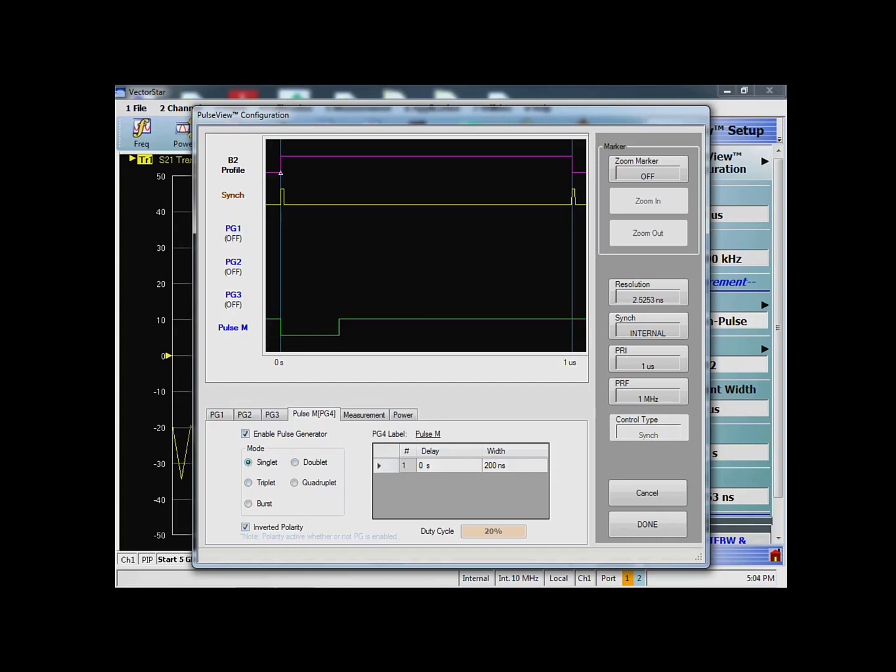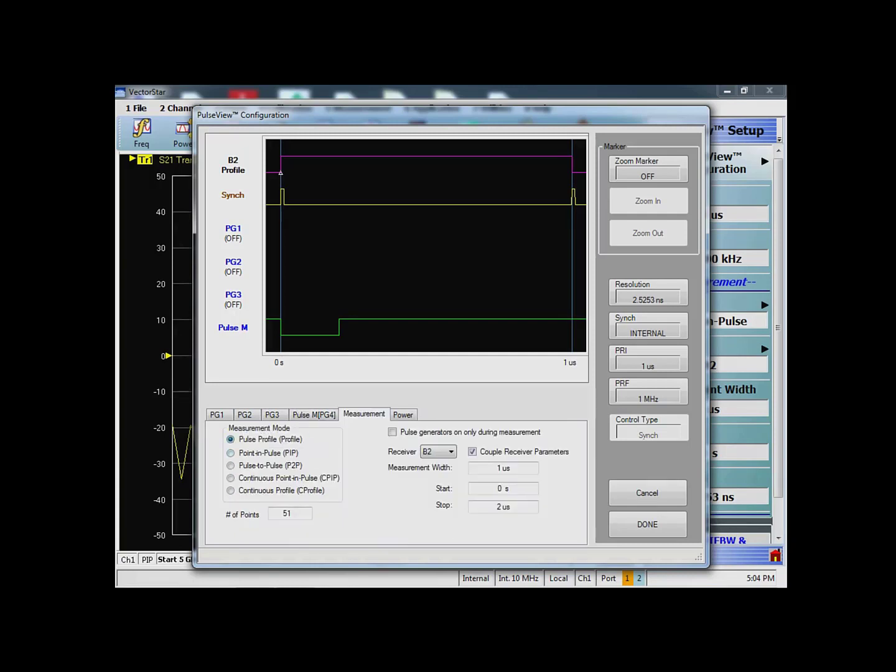Now what we need to do is the rest of the things I will show you maybe later, but today I just wanted to show you that we can configure a number of pulses. First we have done a singlet, and now let's do the measurement that we have. Let's go into pulse profiling. So that means we want to see how this pulse is looking. So we have a receiver in place, and this feature in the next video I will be showing you why